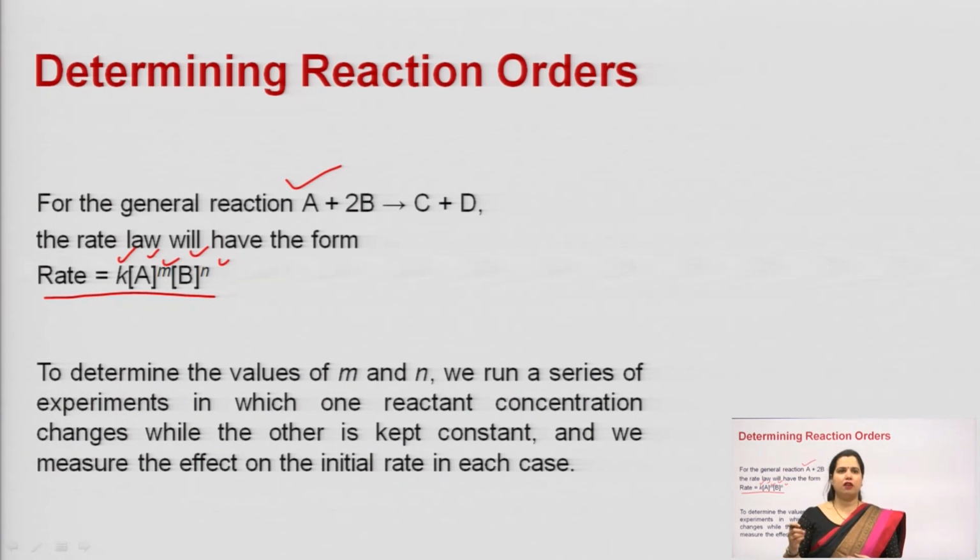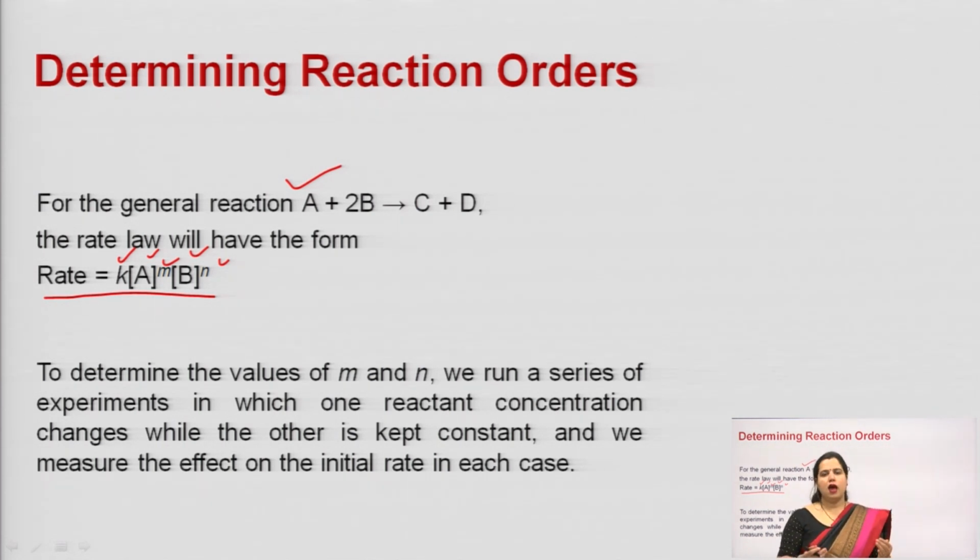So, generally to identify the values of m and n, that means specific reaction orders, we run a series of experiments to analyze which reactant is changing and which is kept constant under particular temperature, pH, or any other specific conditions, right. Although we have different reaction conditions for different substrates,